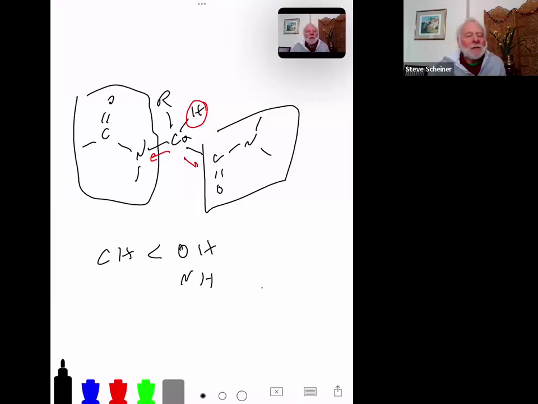So every amino acid has a C alpha H on it. But without taking a lot of the time that my successor will be speaking about when he talks about proteins, I'll just mention that there are a number of protein residues, which is this R group, which also contain a,